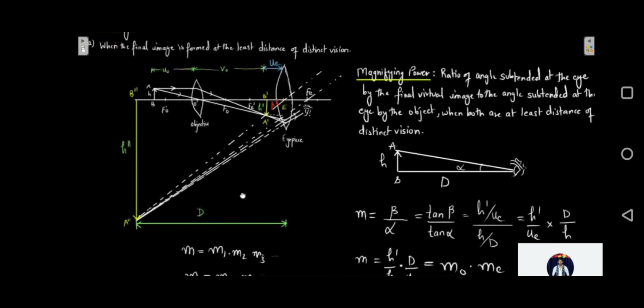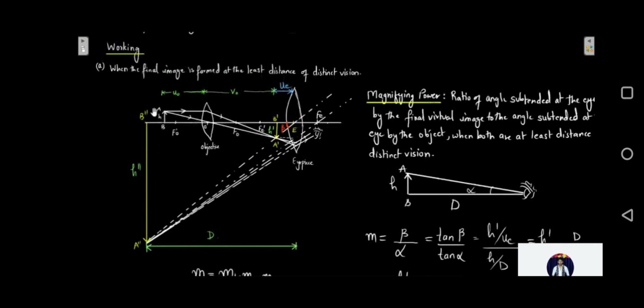So the object AB that we have considered over here is placed close to the focus. If you see, we had just kept it very much close to the focus of the objective. So you can consider this u naught the same as the focal length f naught, because this point B and this point f naught dash are going to be very, very close to each other, because we had kept our object very close to the focus of that objective.